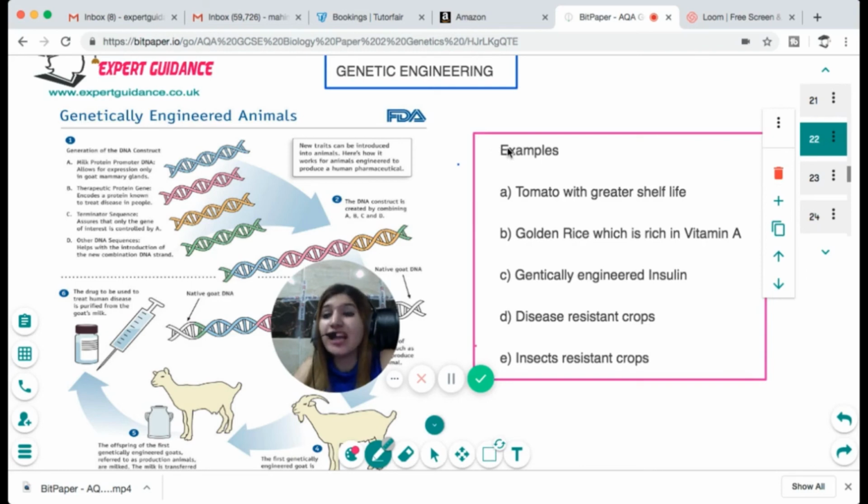So what are the applications we can have with this genetic engineering? We can make a tomato with a greater shelf life. We can insert the gene for vitamin A in rice and make golden rice, which is rich in vitamin